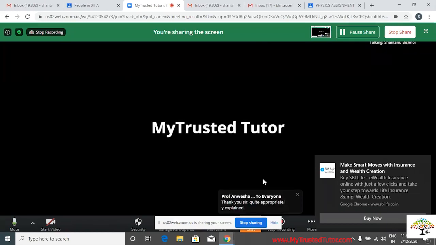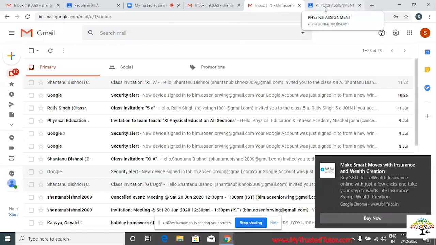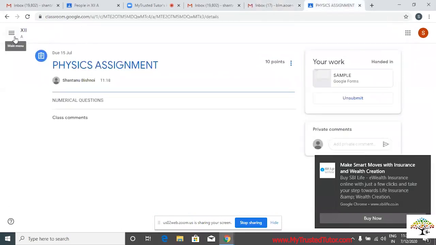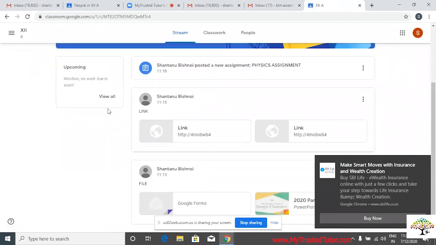A student is entering into my classroom, and will that student be able to view my email? See, whenever you are sending an invitation to the student, they will automatically receive it via email, so they are going to see the person who has sent this email. In that case, they are able to see. But when you are sending it through a code, you are going to see a common interface normally. So this class will come up.